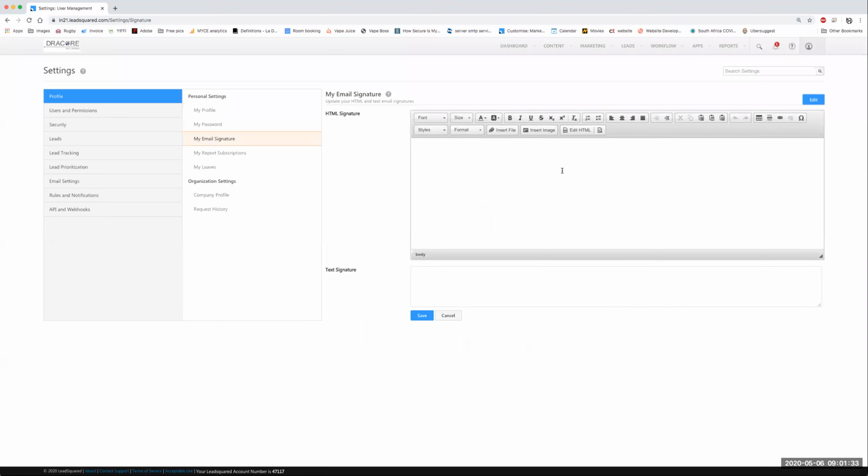Now, all you're going to do is go to your current email provider, whether it's Outlook, whatever, and copy and paste your email signature from there. So let me just go to Outlook, quick, copy my email signature, and I'm going to paste it here. As you can see, I'm missing the image, which was here, which is fine. We just delete that. And then what we're going to do is insert file